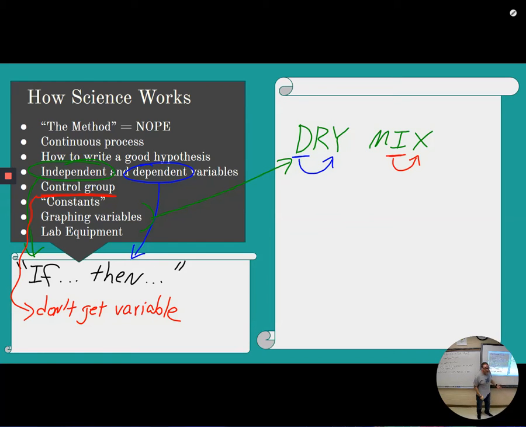Now, if I'm measuring the number of heartbeats a bunny has in a given amount of time, which one of those am I actually observing? The time or the number of heartbeats? Yeah. I'm observing the number of heartbeats. That's what I'm counting. So the number of heartbeats would go on my y-axis, and time passing is going to go on my x-axis, even though I'm not controlling time, probably. But I'm also not measuring it. It's just happening.